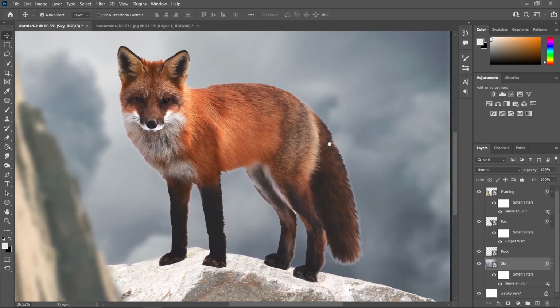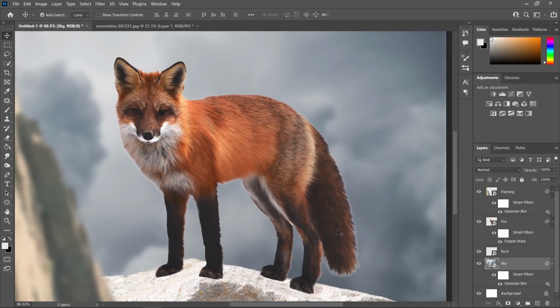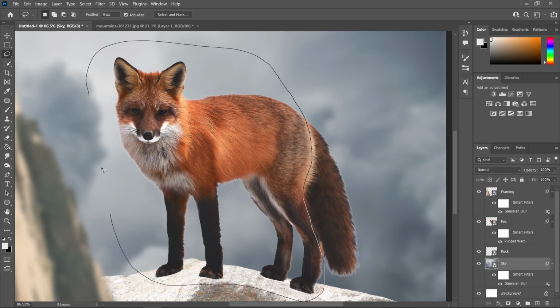Okay, so we're not really going to be using this tail over here, so let's just remove it. So I'm going to use the lasso tool on this one and just create a selection just like this, and just until this side of our fox image, just like this. There you go, and create a full selection on the fox. And then let's head over to our fox image. Let's go to Select and choose Select and Mask again,